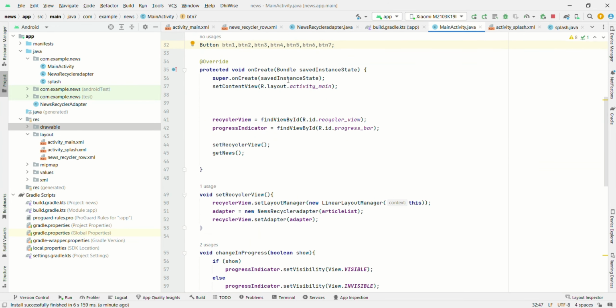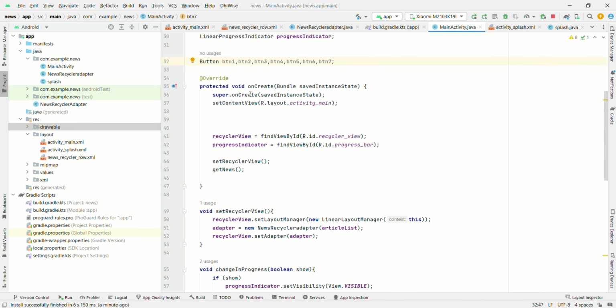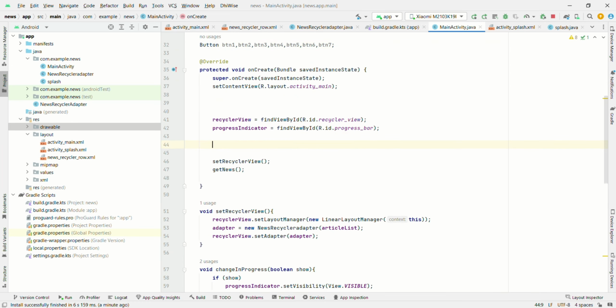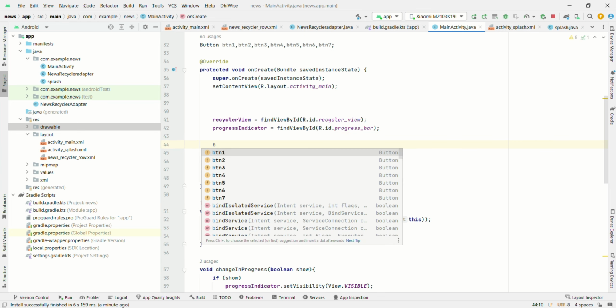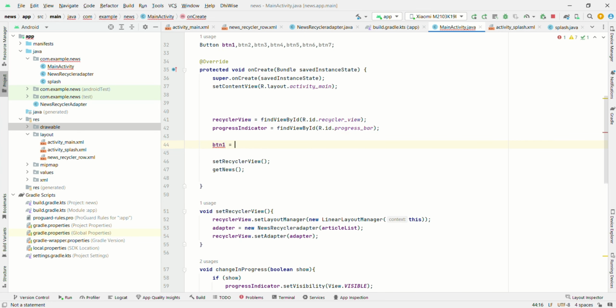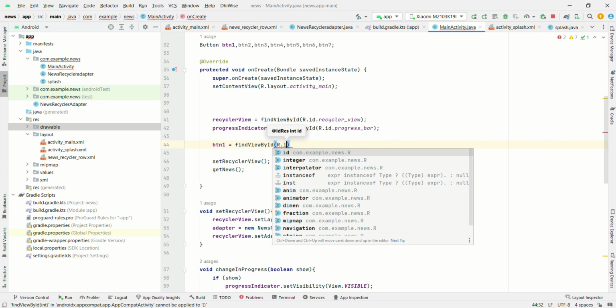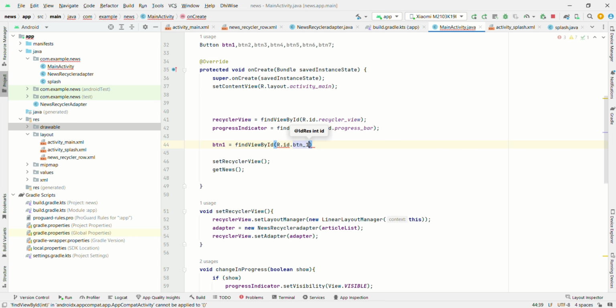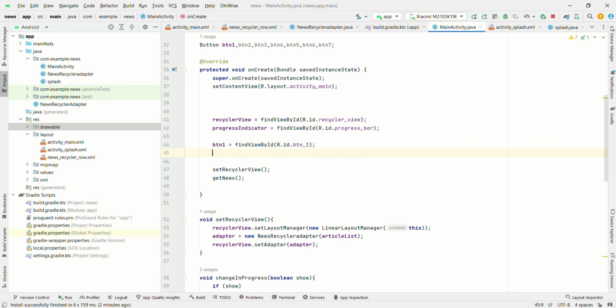In on create, we will find the ID of those buttons. Go to find view by ID, R.id.Button 1, and find the ID of all buttons.